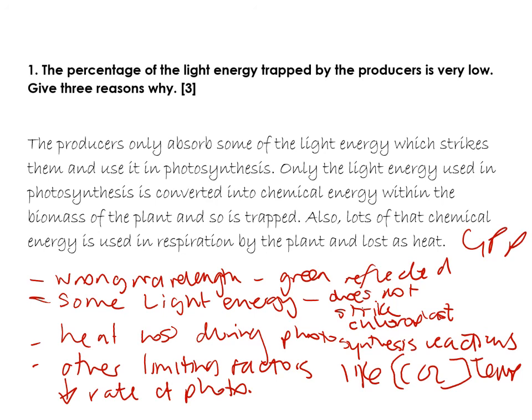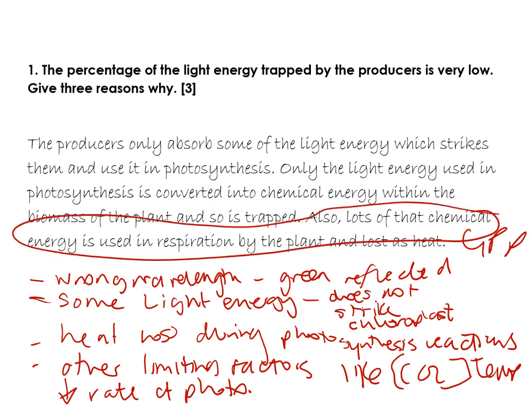Now, the other thing they've done is they've talked at the end about respiratory losses. That isn't really indicated because they're just talking about the energy trap. So they're talking about the gross primary production, not of the light trap that is available to the next trophic level, because then that would be a reference to net primary production, and you would include your respiratory losses by the plant. So there's no credit actually for that last line because it's not in the context of this question. Okay, let's have a look at the next one.